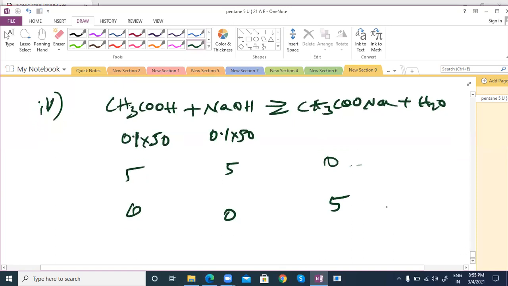Now which formula is suitable? The same previous formula should be suitable, sir. No. There is no weak acid in the solution, so you can't use the buffer formula. It is a salt. Which type of salt? Strong base, weak acid. Very good. That is what we need to identify.